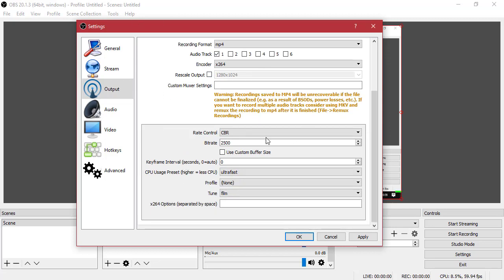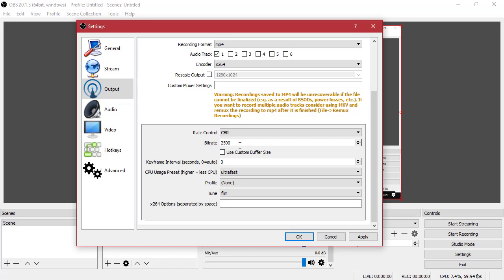Go down to this box, and once you're right up here, you'll probably see some rate controls which have many options. But here, do not put anything. Only put on CBR, which is called constant bit rate. So put on constant bit rate and put your bit rate to 2500. But if your PC is very low, put it on 2000. But for this video purpose, I'm putting on 2500, but probably I'll be recording at 50,000 bitrate because mine is a